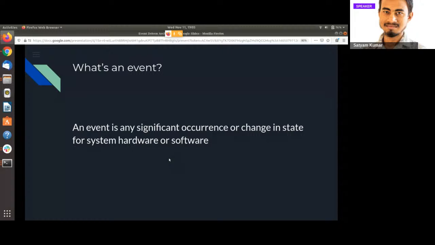In day-to-day life also, whenever we are doing something, there might be some reactions attached to what we are doing. So we can say that we have performed this action, and this has resulted in this particular event. We can relate it in that way.